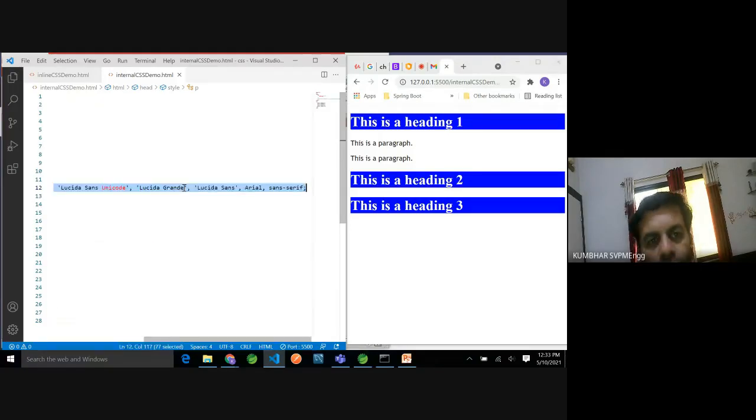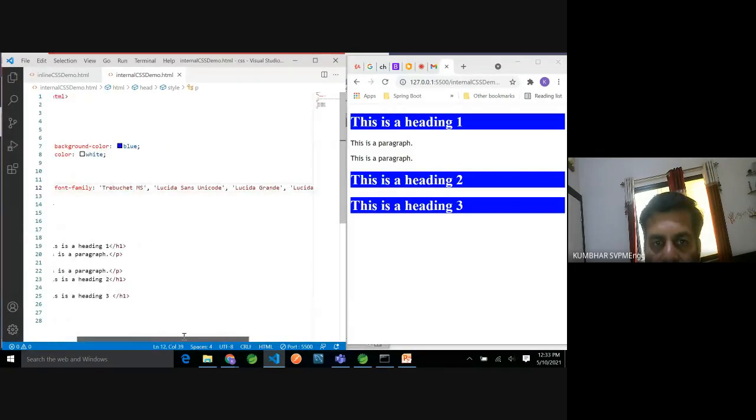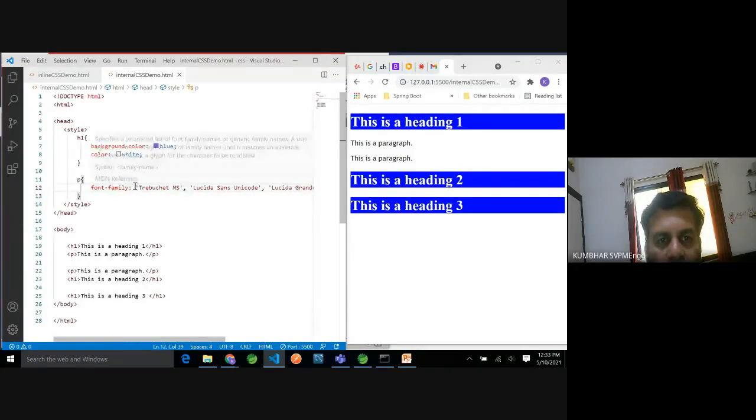So you can give the list of font families. If the first font is not available, check for second. If not, then check for third, and likewise. Okay. So this is the way we can use internal CSS.